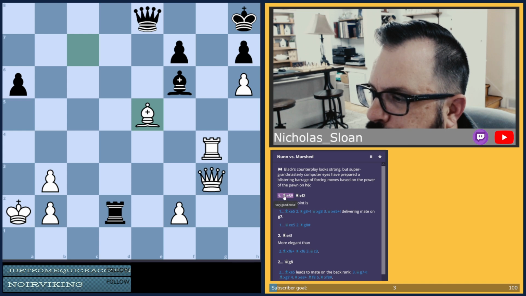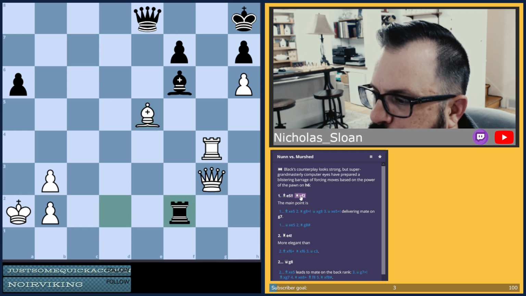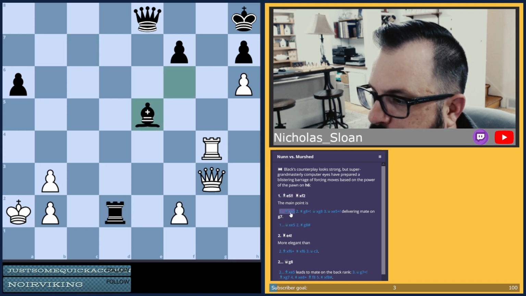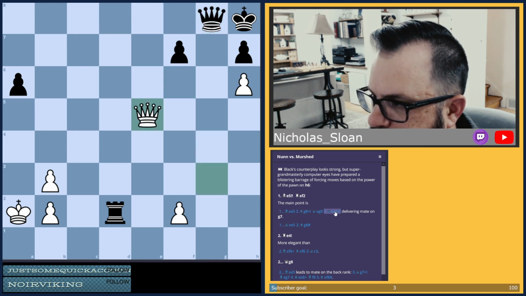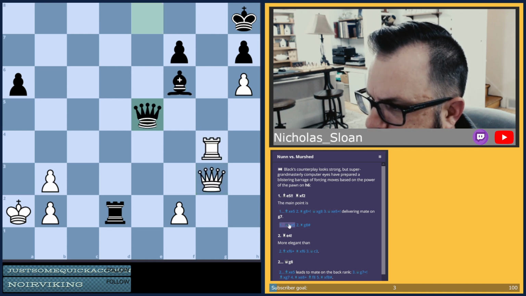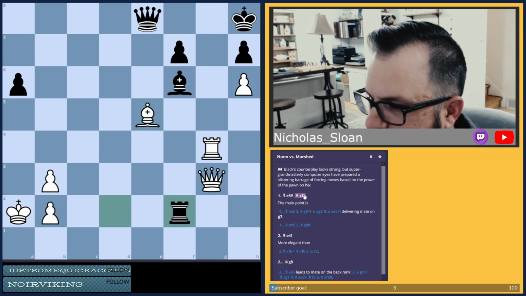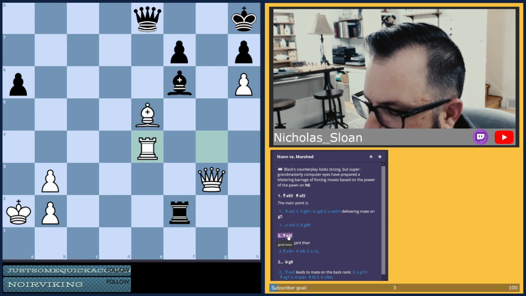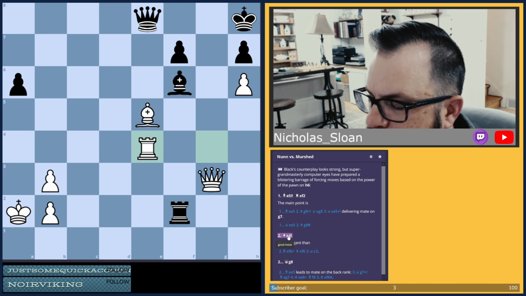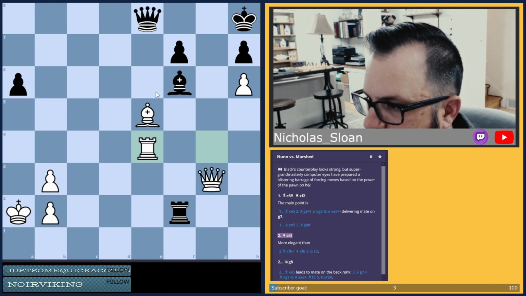So bishop to e5. I saw the first move, missed the second move. That's the move I saw. I saw this winning combination, and this one. I did not see rook takes f2. So we're blocking this.